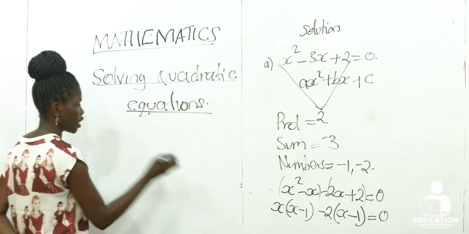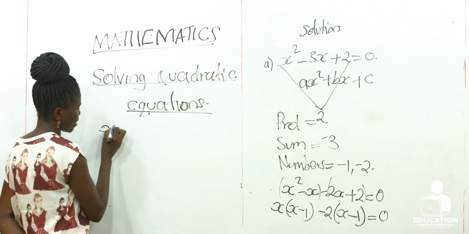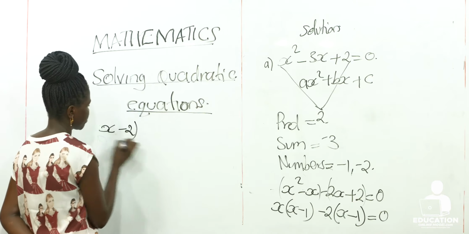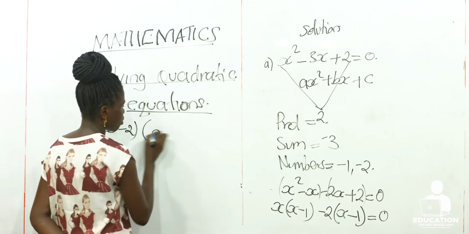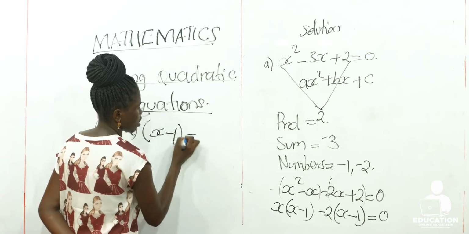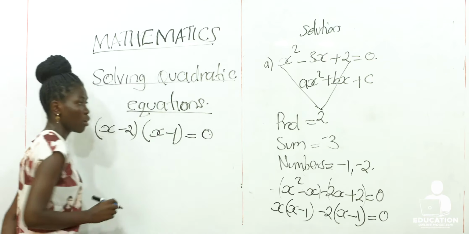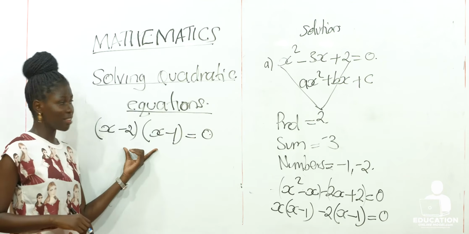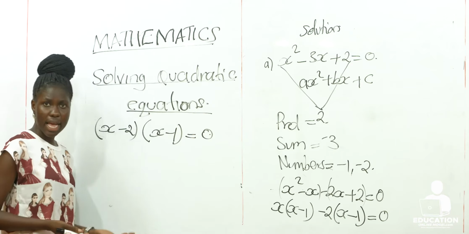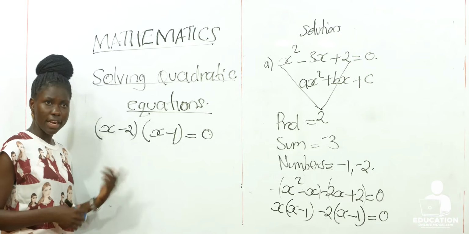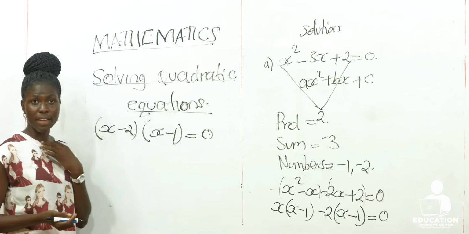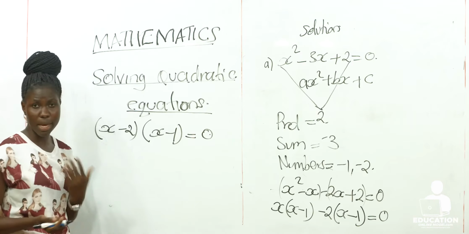After having that, we are now going to get our two factors. The first one is x minus 2, and the second factor will be x minus 1. All of it is equal to 0. After getting the two factors, just like we said, we can either get equal answers, we can get unequal values of x,